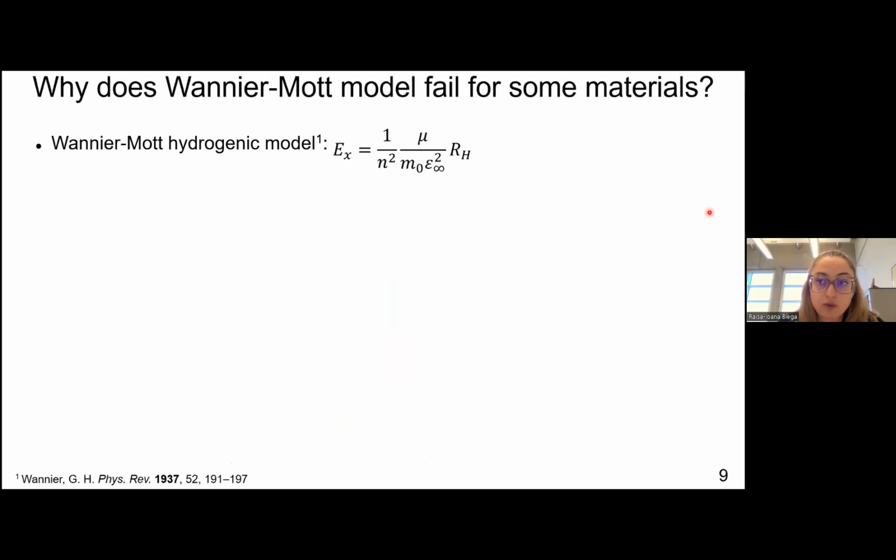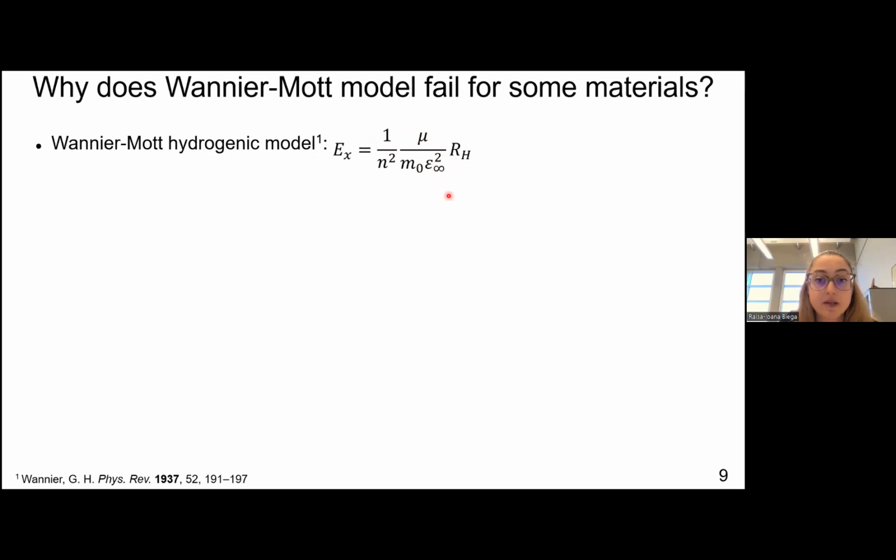In order to see that, we have to look into the Wannier-Mott energy formula, and more specifically into the quantities that are variable here,